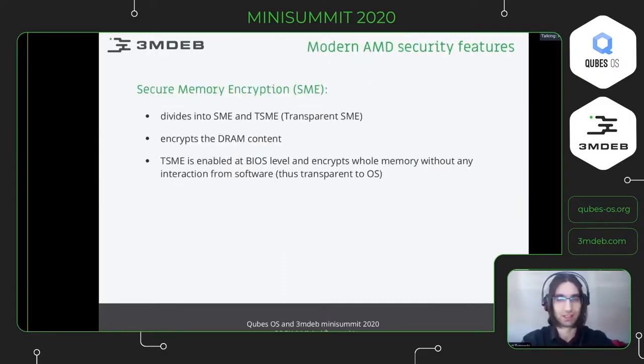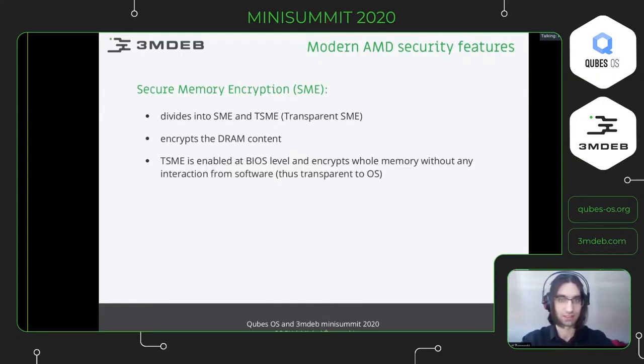And one of these features is secure memory encryption. What does it do? It basically encrypts the DRAM content. So it can prevent from memory cold boot attacks. So if one just takes out a memory module, takes the liquid nitrogen and tries to freeze it, it can later, for example, read all the DRAM contents and, for example, leak the very sensitive data. This feature allows to encrypt the DRAM content, but from the CPU perspective, the content is unencrypted. I will show you how it works on the next slide.